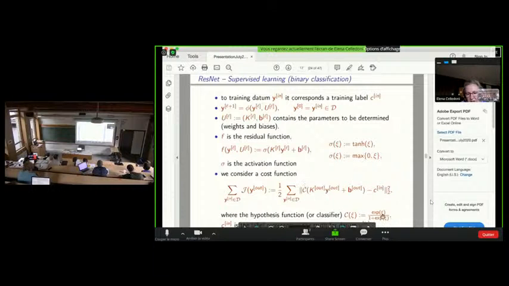And here C is again a scalar function which is applied component-wise. K out and B out are the parameters, the matrix and the vector parameters of the last layer, and they will have the right dimension so that they match the vector C in here, which is describing the truth about the data.